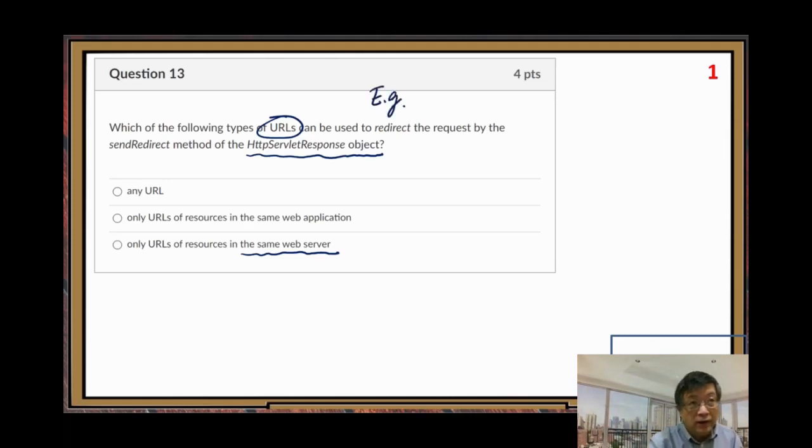You can find the example, because you may like to see one. So in our project 1, the welcome page